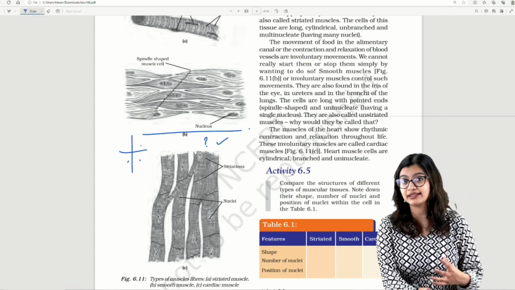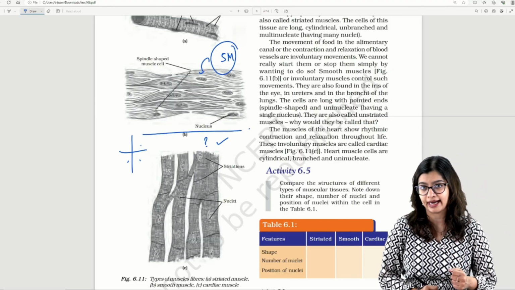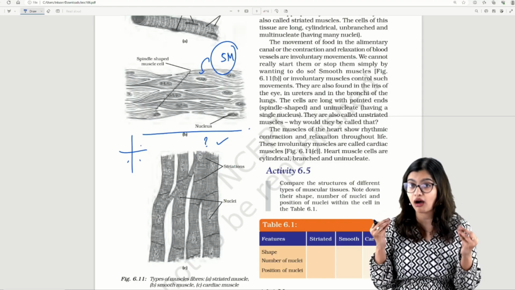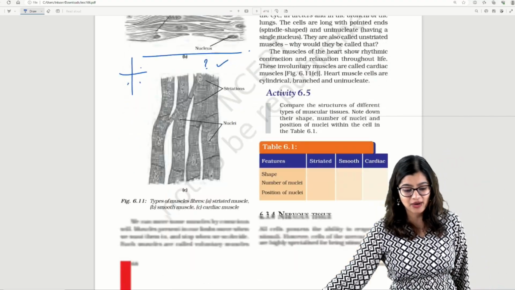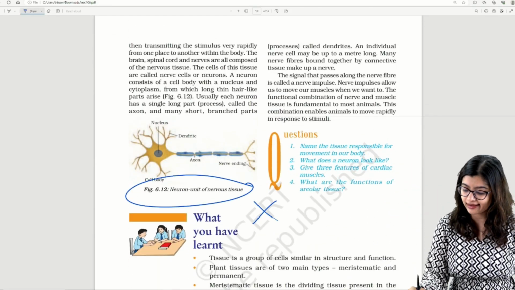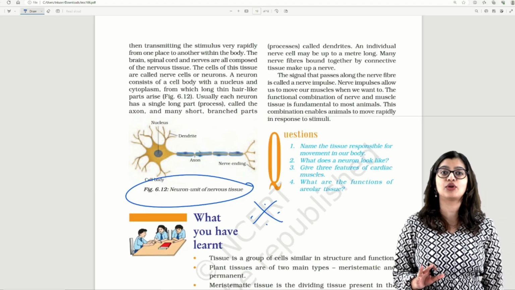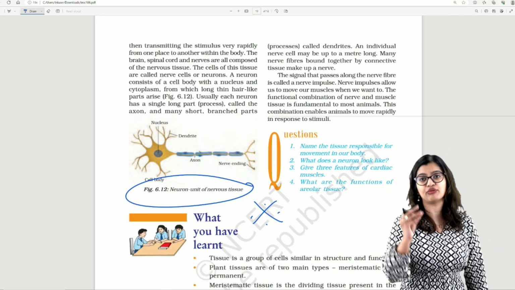So here, as you can see, I've just explained a 5-mark question that can come based on this one diagram. So you should be thorough with the concept of muscular tissue. Now as we move on, we'll go on to the last short diagram that they will pakka ask you to draw. Whether it's in 9th standard or whether it's in 10th standard, learn to draw this diagram of neuron,